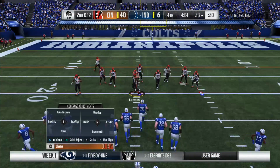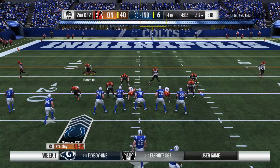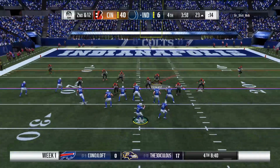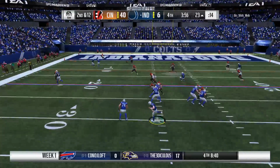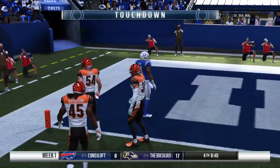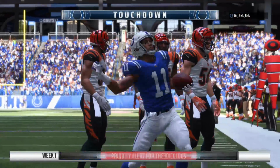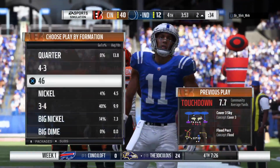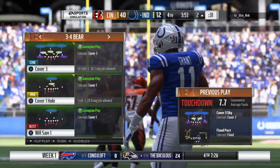Now following the sack, they'll come up here on a 2nd down and 12. From the gun, here's Love. That's going to be caught. And he takes this one in for a Colts touchdown. Ryan Grant, his first touchdown in the Colts uni. And the Colts are able to